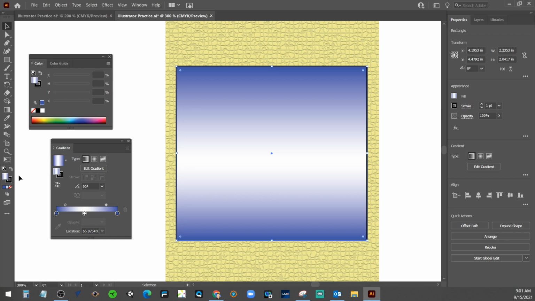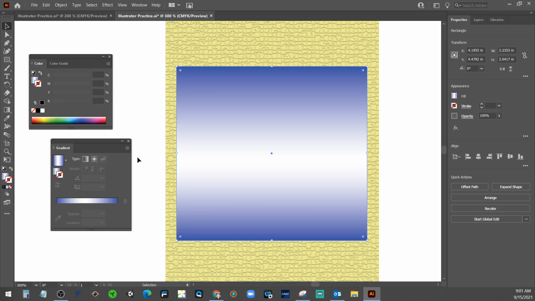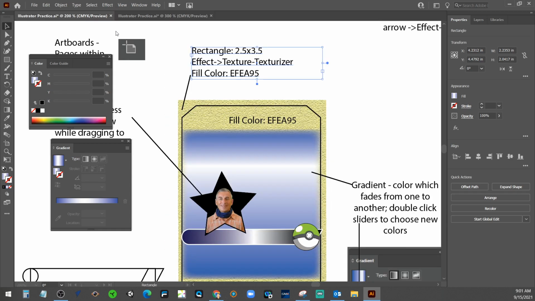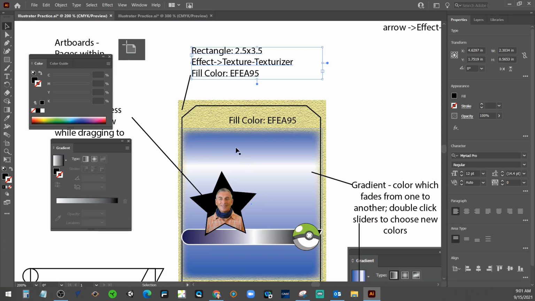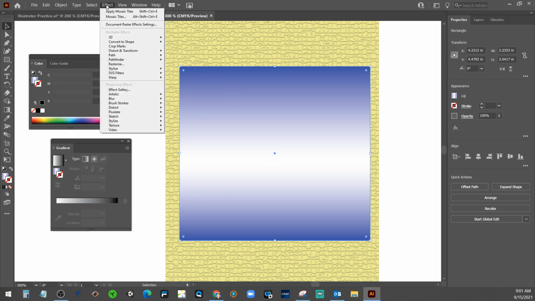All right. I'm going to take off my stroke by selecting the stroke, getting rid of that line, and I think the last thing I had here, we had this box where the edge is blurred, in this example. So I'm going to choose my box, my shape. I'm going to go to Effect,